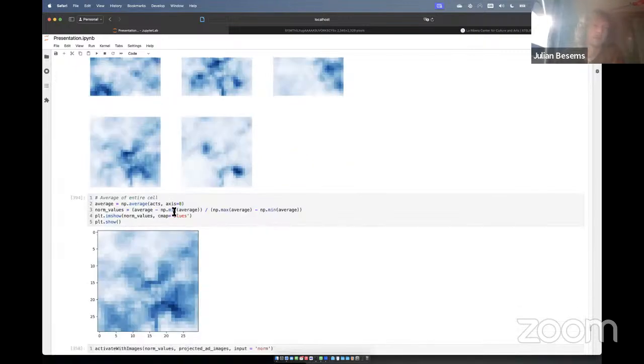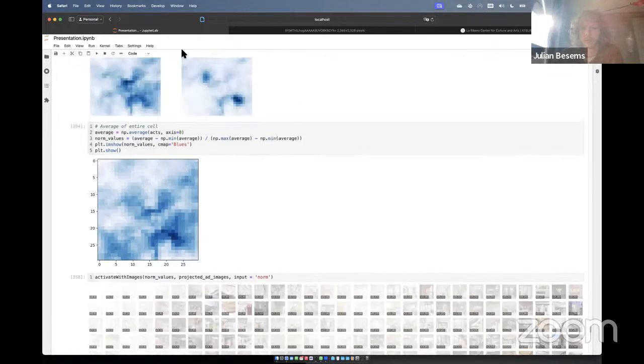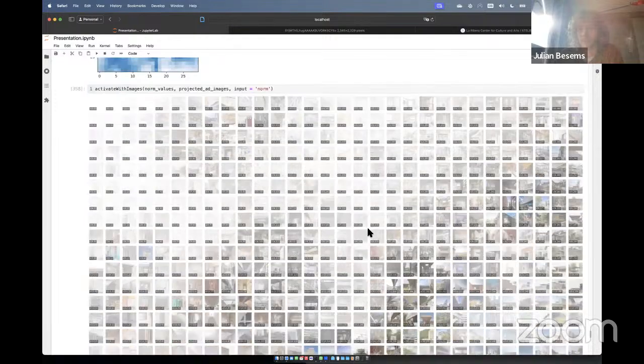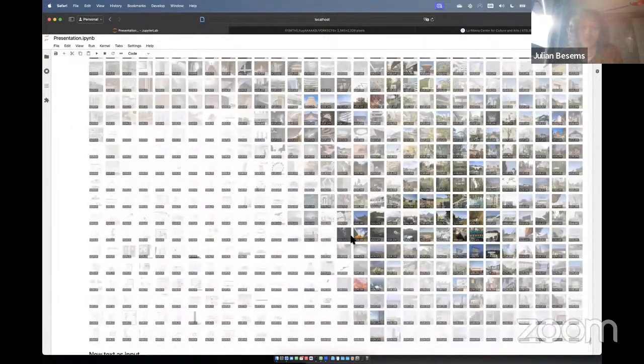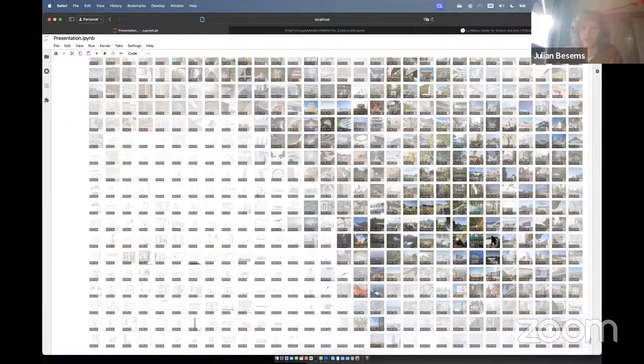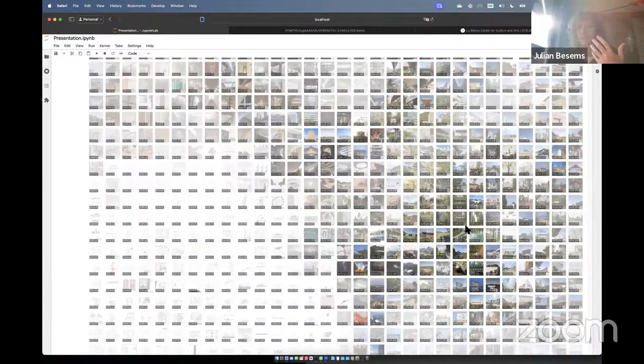Taking the average of that entire cell and projecting it back to the images, these are the images that cell particularly looks like. If you recall, it still glows up most around this area, which was similar to where the Ishigami project was lighting up in the original one when we were just looking at images, but it broadens up the scope of investigation a bit more.